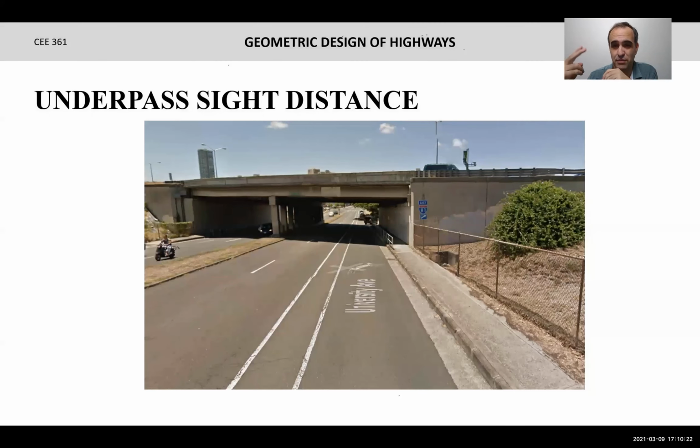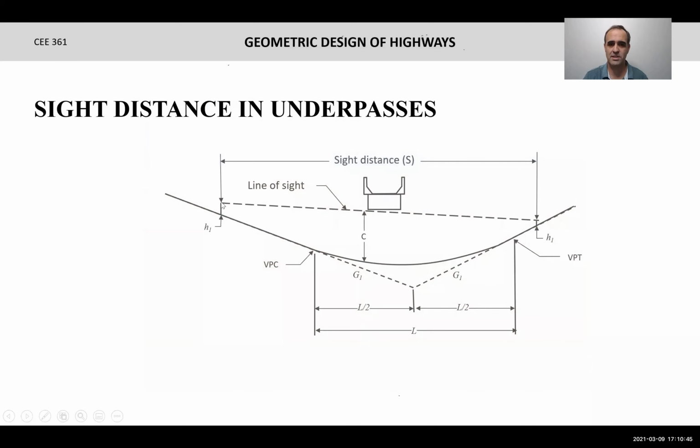There's another set of two equations. In some cases, like this one on University Avenue, you have underpasses. This is not a good example because you can actually see pretty far ahead here. But on roads with more curvature, when you have an underpass, you may not be able to see the other side of the road. You can see it here: you may be here, and the bridge will limit how far ahead you can see. And you have exactly the same problem